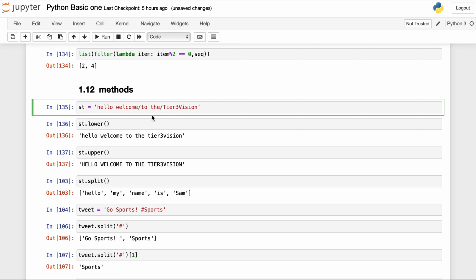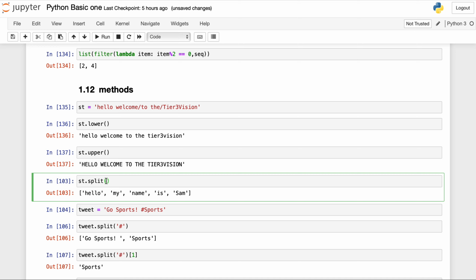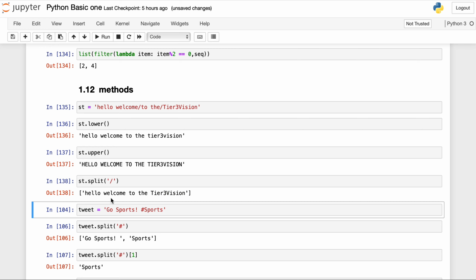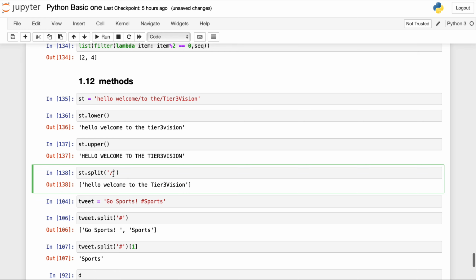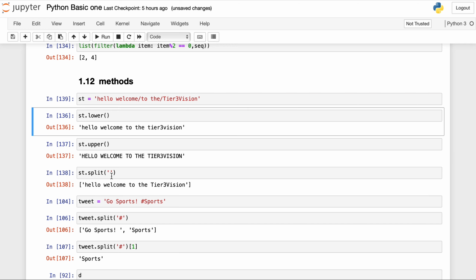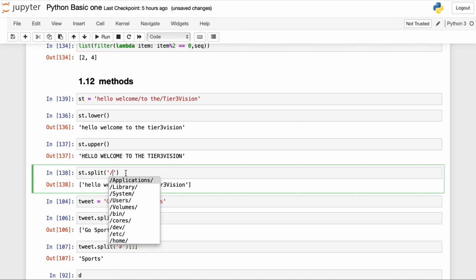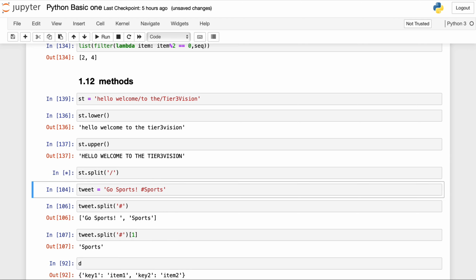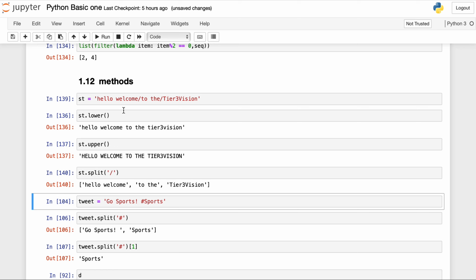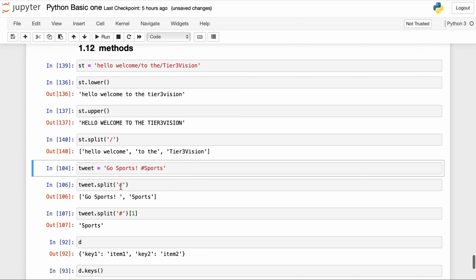If I do split of slash, it will split my values according to the slash. As you can see, hello and welcome is already split, to the is split, Tier 3 Vision is also split.